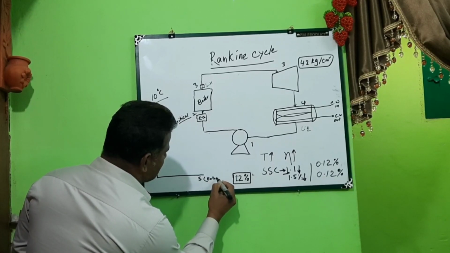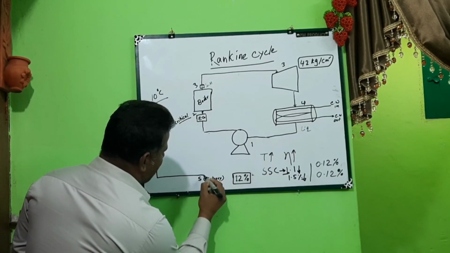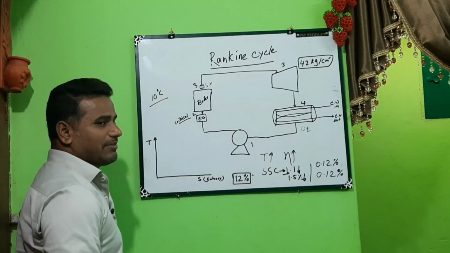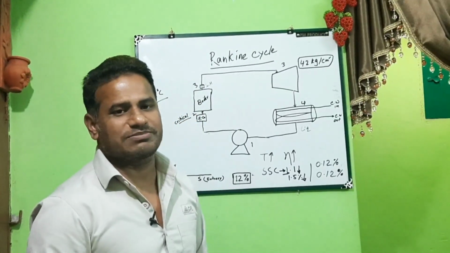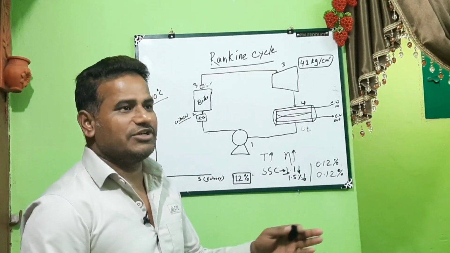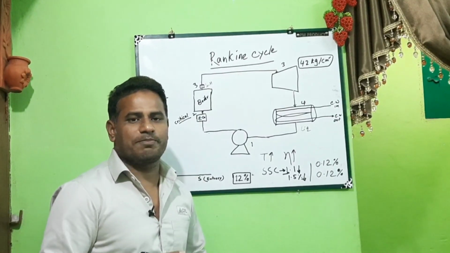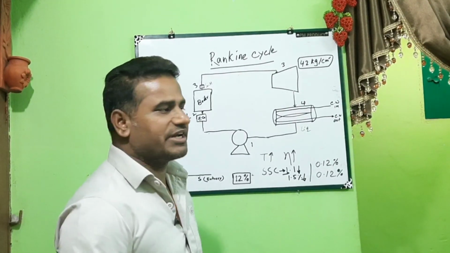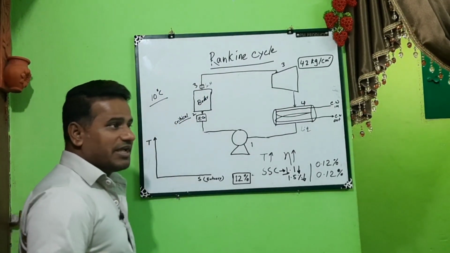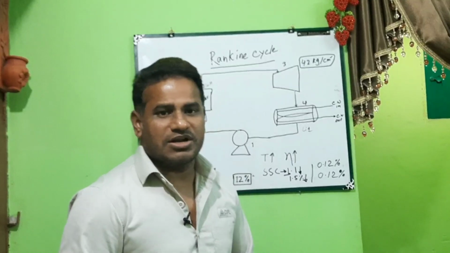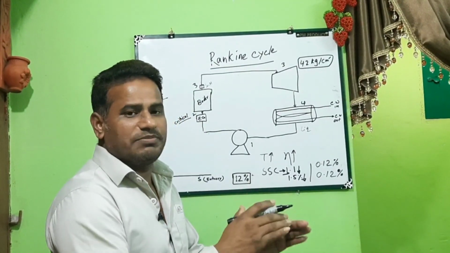In my previous video I already explained about entropy and about the Rankine cycle. Those people who have not watched my previous video, please watch it for better understanding about the Rankine cycle. So in this video I will explain what effect will happen on